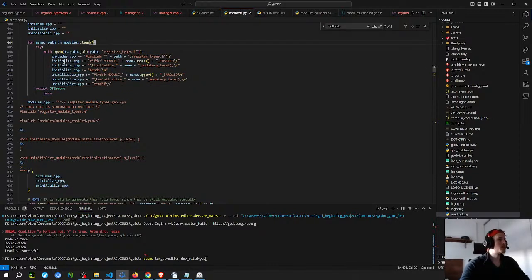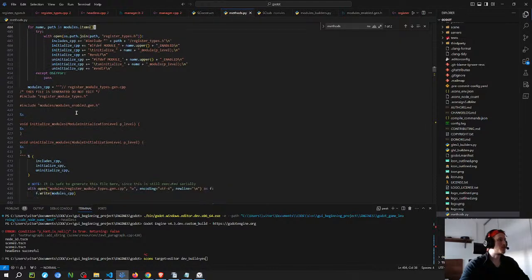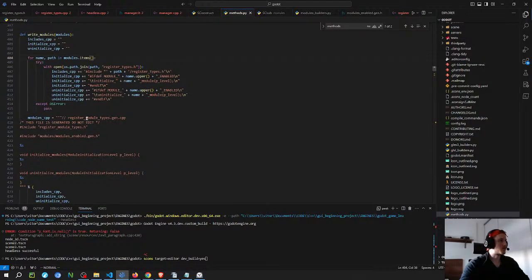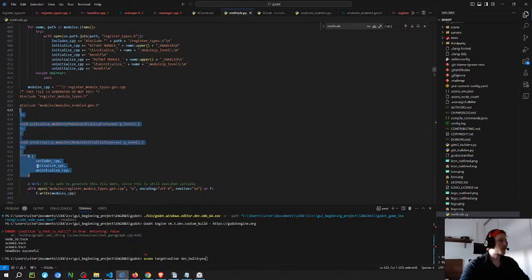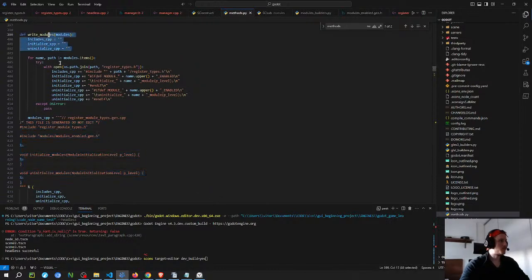But they're basically dynamically creating the code that is going to make up the file that they generate using Python. So they put the names on these variables here. They're looping over all the modules, getting the path to the module and the name of the module. And then they dynamically generate this C++ code here and put it on this variable, which is a massive string. And then they use string interpolation to change this main code here with all the modules that